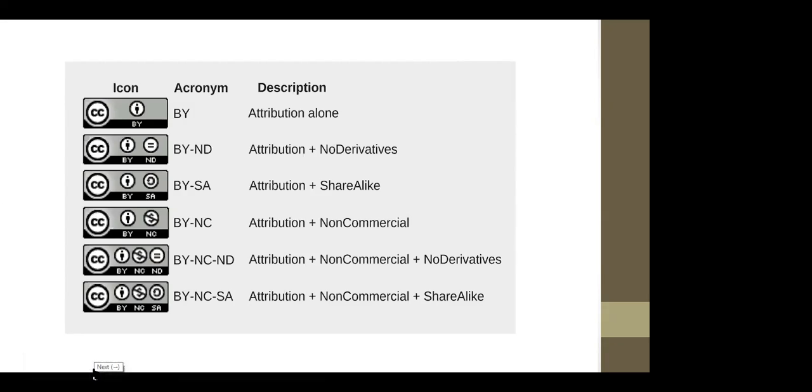The second thing it does is it allows me to really understand others' work and their sharing requirements. The pictures, or the icons, I find much easier than the words, and so once I understood what share alike or no derivative or non-commercial meant, well, non-commercial is easy enough, but share alike and no derivatives, I didn't really know what they meant. And so once I did, I can just use the symbols to let me know.